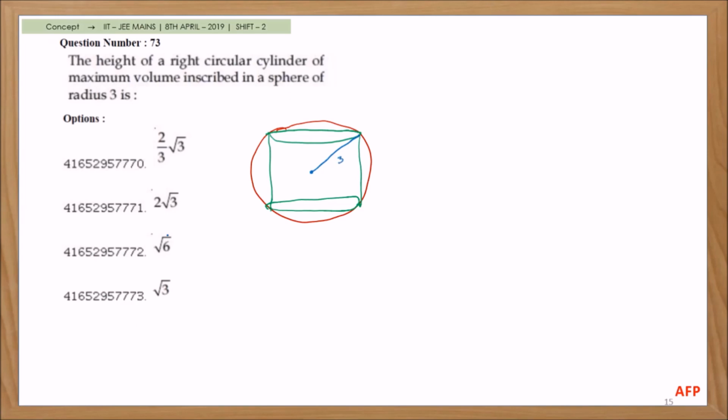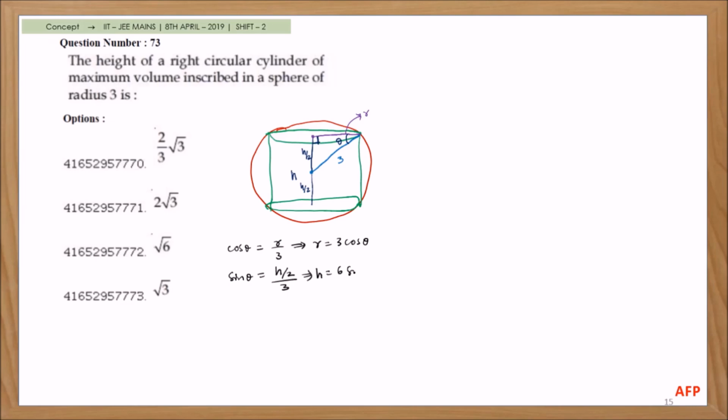Now the radius of the right circular cylinder we will take as r. This is the height of the cylinder, so here it is h by 2, and here also h by 2. This angle we will take as theta, and here it is a right angle. So if you take cos theta, r is equal to 3 times cos theta, and